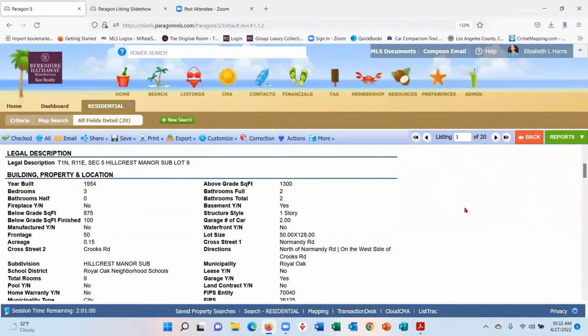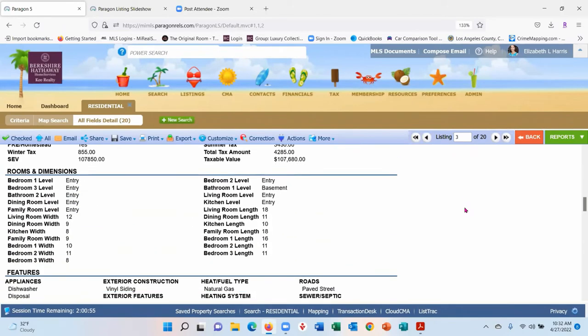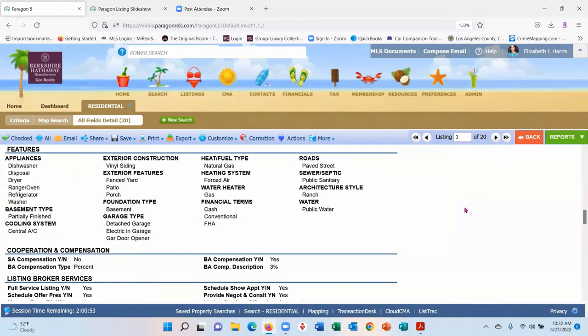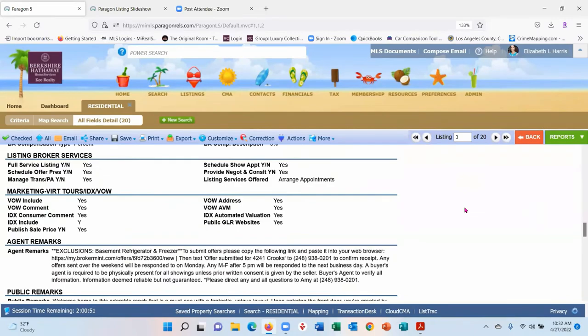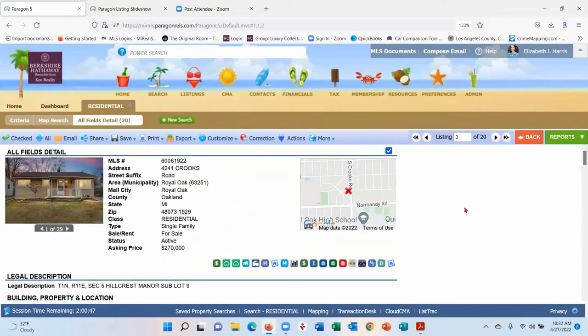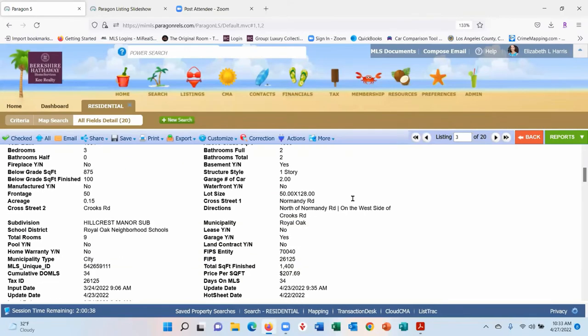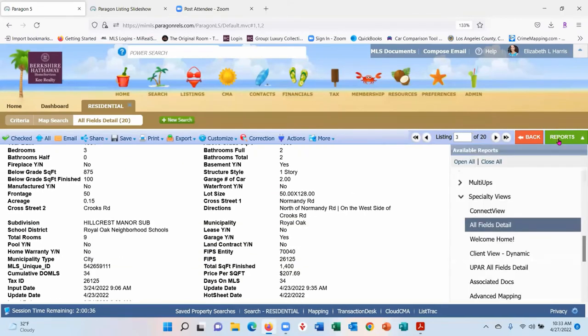So when you're looking for more information on a listing, this includes everything that has been entered into a listing. And actually, I just got approval to adjust the very first box, because it's 3 things in there: the building, property, and location. We're going to be breaking those down into individual containers. Oh, okay, perfect. And actually, if you like this report and you want to keep it as a default,